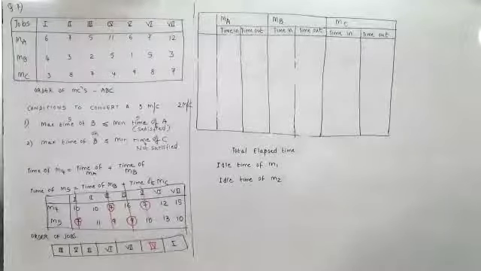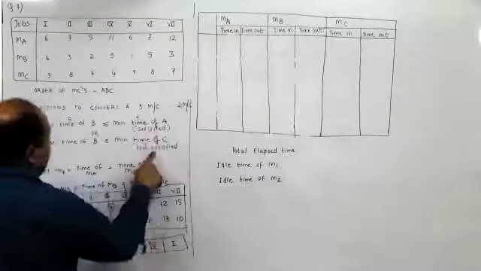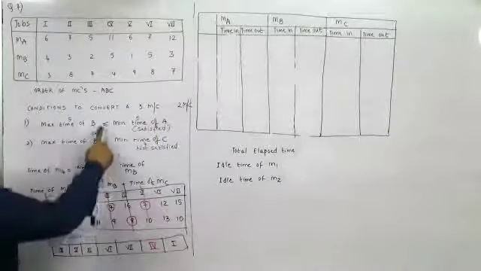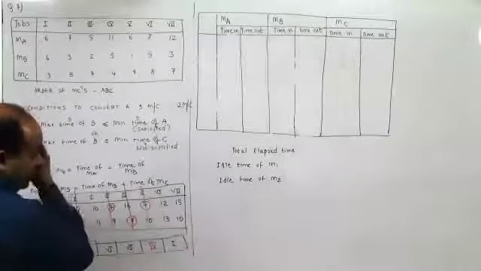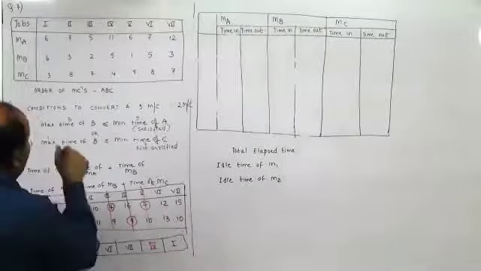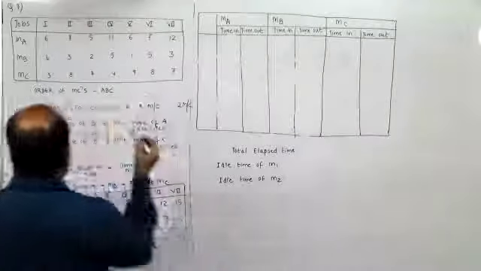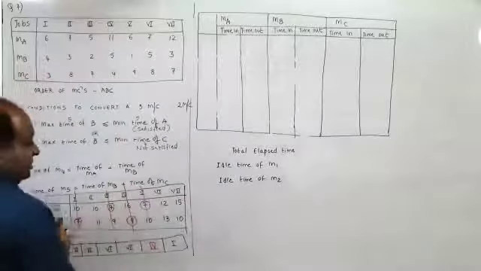Sir, it is not necessary that machine B will always be the one. Machine C can also be there. Anyone can be greater or less. It is not necessary that the middle one will be the one we need to take the average. Middle depends on the order of the machines. That is why I check the order of the machines first. If the order of the machine is A, C, B, you write A here, C here, B here. Always the middle one has to be checked.